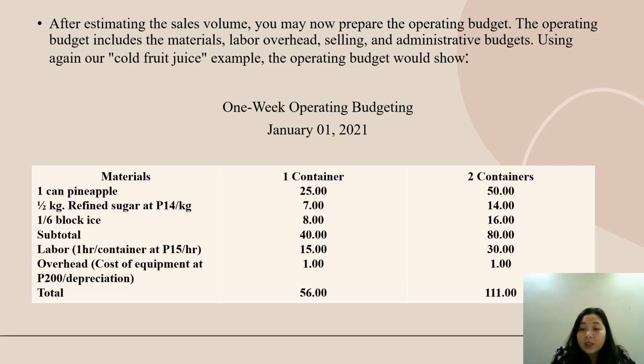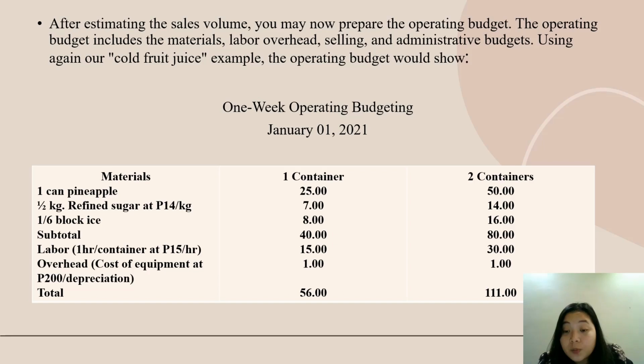So materials: 1 can of pineapple, for 1 container, 25 pesos; 1/2 kilogram refined sugar at 14 per kilogram, so we have 7 pesos since it's only 1/2; 1/6 black ice, so we have 8 pesos. Subtotal is 40 pesos. And labor, 1 hour per container at